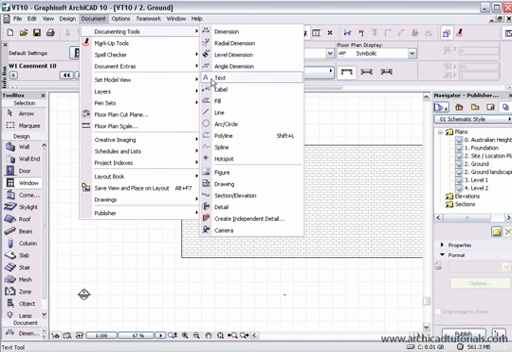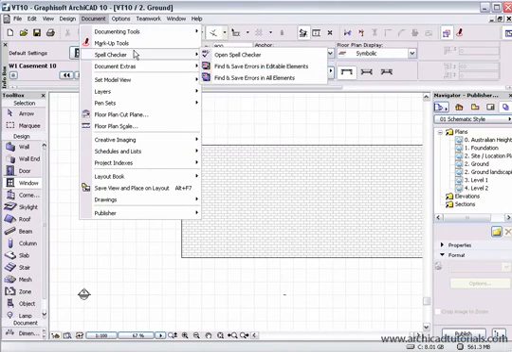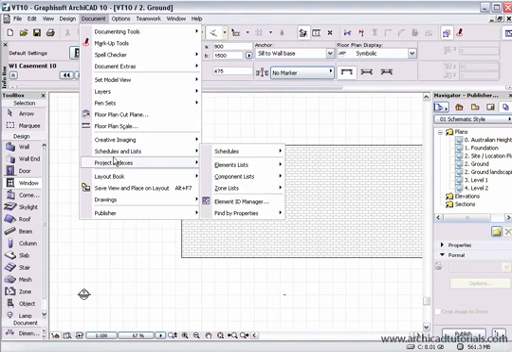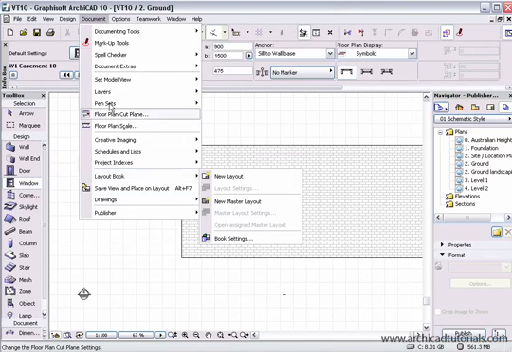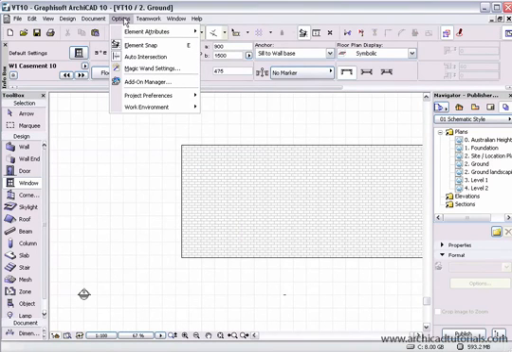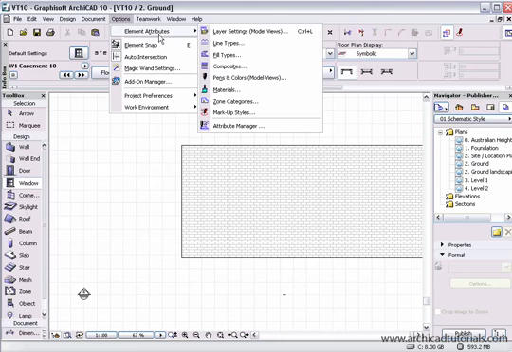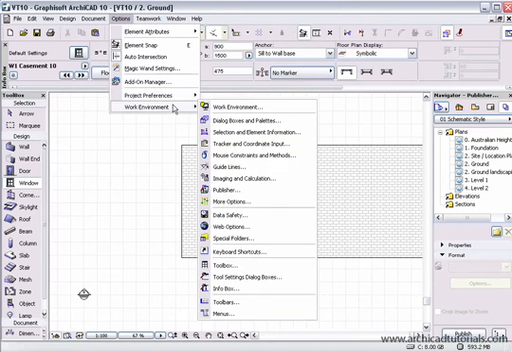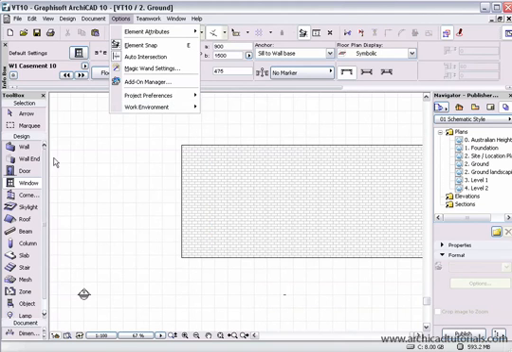Under Document, we have anything that is necessary to create a set of documentation. Dimensions, labels, basically anything 2D. Pen sets, layers, layer combinations, schedules, lists, anything to create a document. Under Options, we have control over 2 and 3D elements, how to set them up, how to set up lines, fills, composites, and also how we want the program to react. Control over layouts, miscellaneous items, construction elements, and the work environments, so we can actually tailor the working environment that